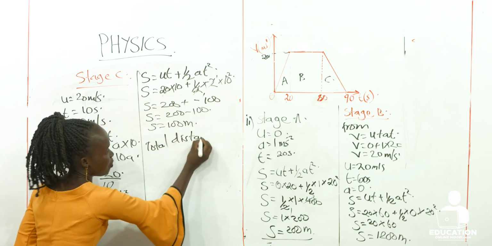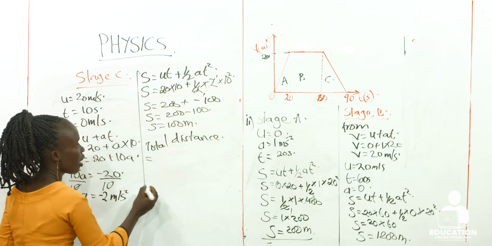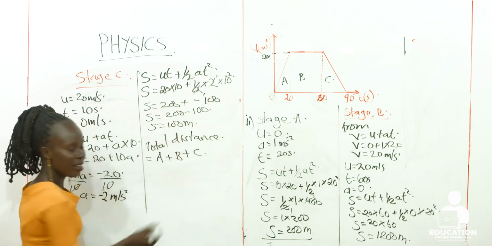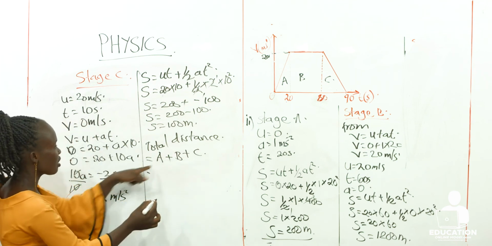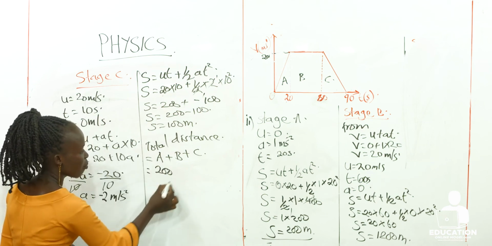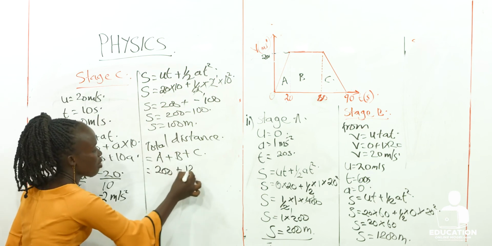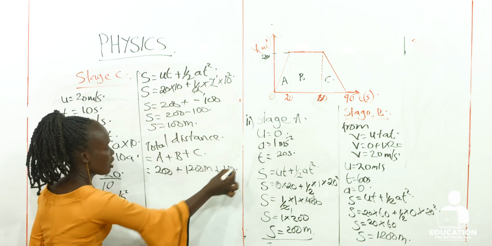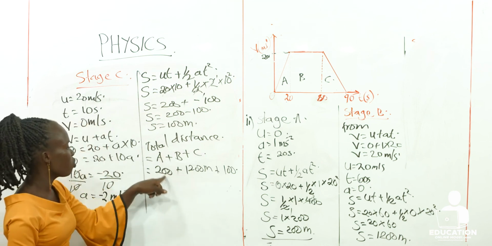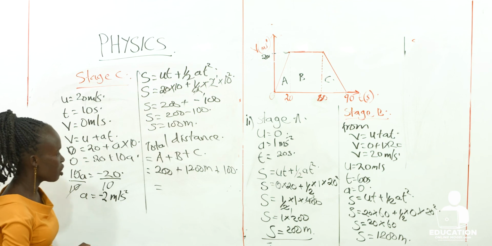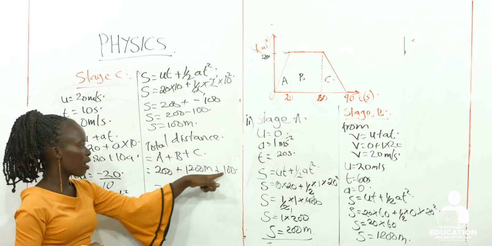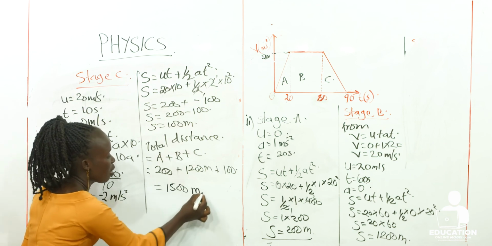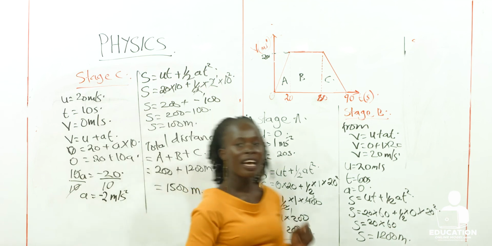Meaning that the total distance moved is equal to the distance covered at stage A plus distance at stage B and then distance at stage C. So we shall have distance at A we covered was 200 meters, at B we covered 1,200 meters, and then at C we covered 100 meters. So when we add all this, 200 plus 1,200, we shall have 1,400, plus 100, we shall have 1,500. So this is all in meters. That means that the cyclist covered a total distance of